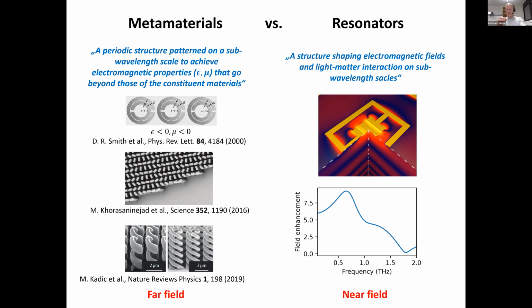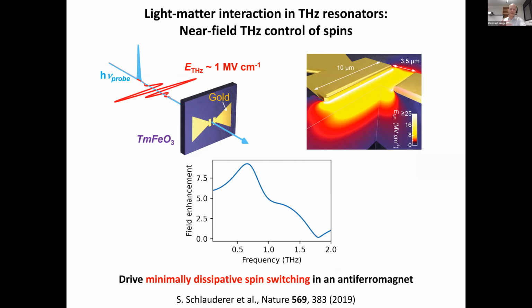And there the near field is absolutely crucial, because here we want to exploit the possibility to shape this near field and to achieve certain interactions in this near field that are otherwise not the focus when we talk about metamaterials. I'd like to give a little bit of an appetizer to this with a couple of examples that I will then go through in more detail. And one is the possibility to control spins by strong terahertz fields on very short timescales. The idea there is to use one of these antennas as a concentrator for the terahertz radiation to increase the near field amplitude,